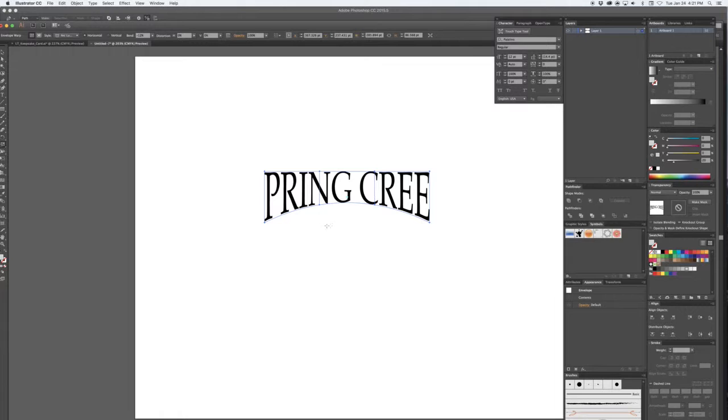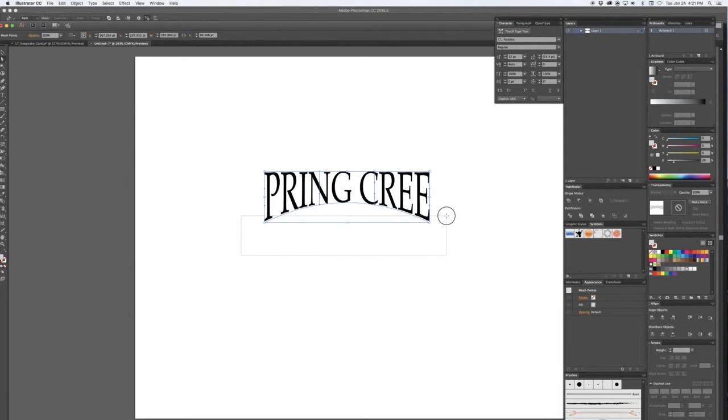Now if I want to tweak it, I can hit my A key to get my direct select and just move just the bottom line. I could move just the bottom 2 points, drag them down. Of course, you get distortion as you drag them individually, so I prefer to distort it as a unit. Although something that is useful,